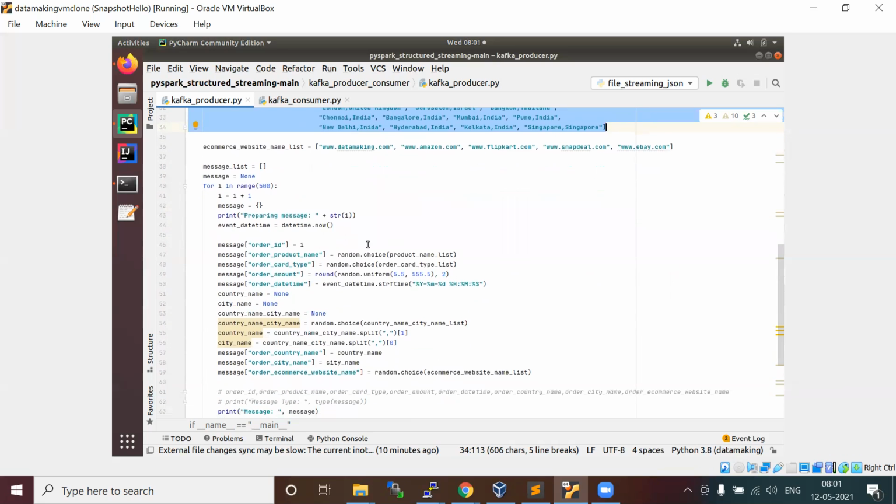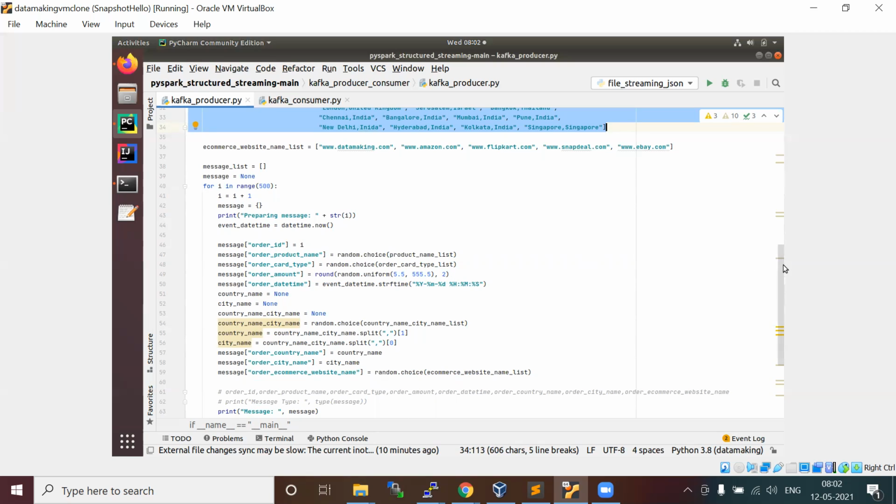And I'm going to generate some 500 messages. So I use a range of 500 and loop through, making a loop 500 times, and prepare